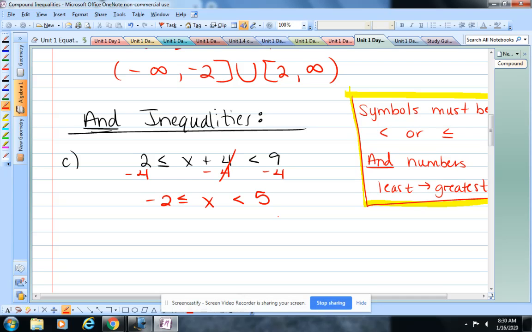Are all my arrows pointing left? Yes. Okay, so that's telling me two things. This is telling me that my solutions are between -2 and +5. Okay, that's what it's telling me. So when I graph this on a number line,